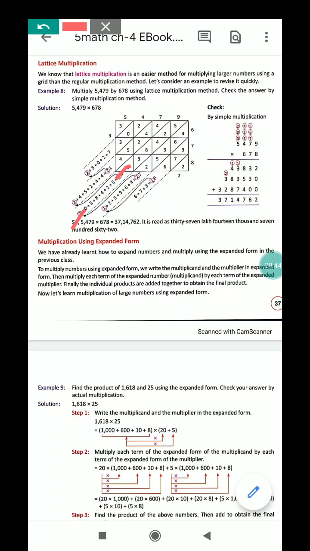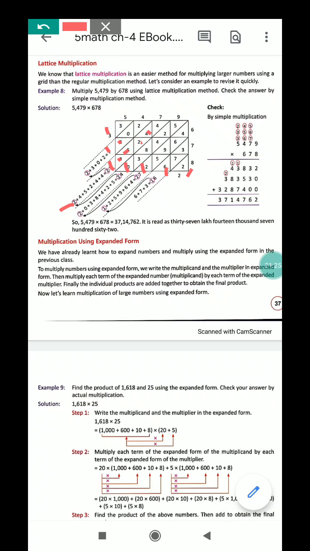So 2 plus 0 plus 3 plus 6 plus 8 plus 4 plus 2 plus 5. So after addition what will we get? 24. 4 would be here and 2 carry. 2 plus 4 plus 5 plus 2 plus 4 plus 4. So what would be the number after adding? 21. So 1 would be there and 2 carry. 2 plus 3 plus 0 plus 2. So the number is 7, and here one number is 3. So the required number is 3 7 1 4 7 6.